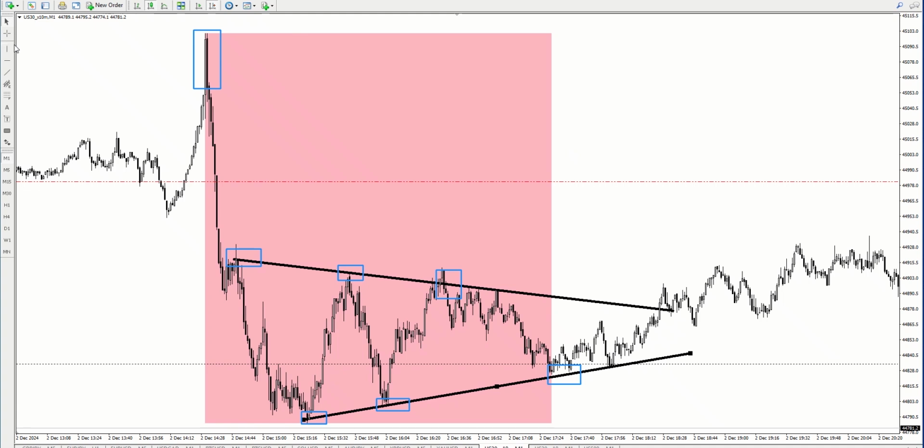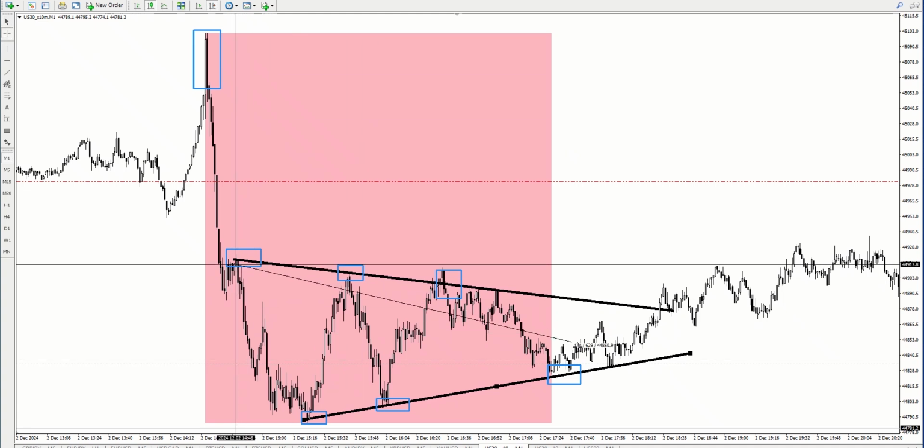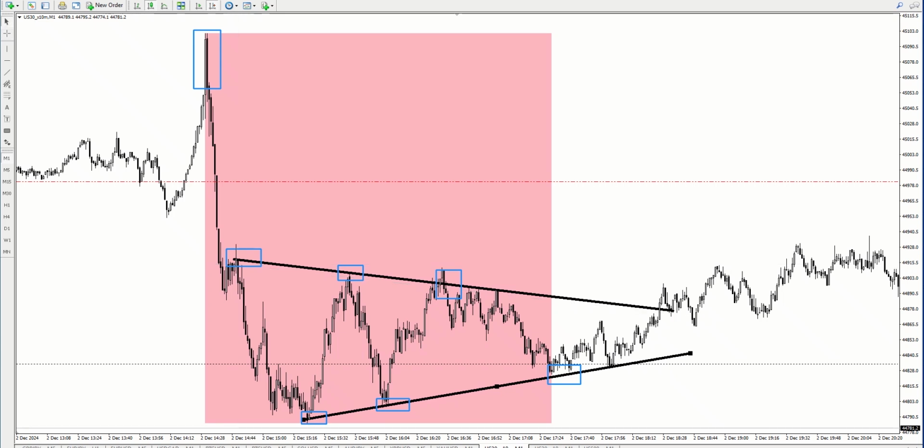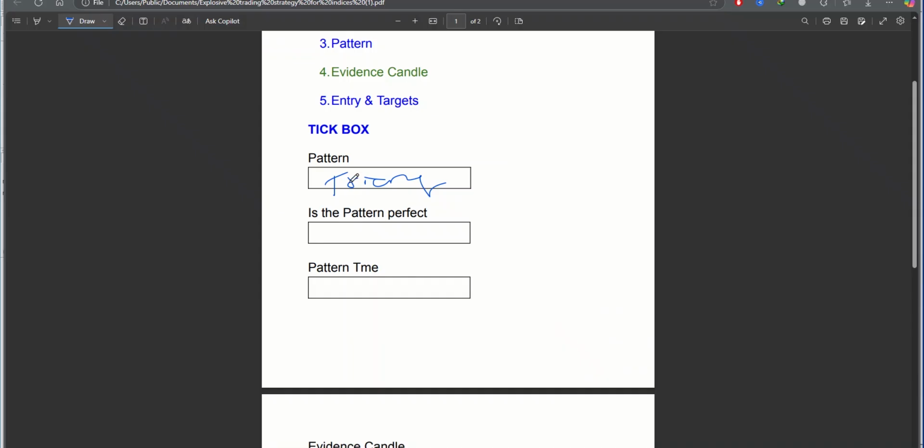Now the next step obviously is to see the time it took. I'm drawing this one because that's where we're going. It took roughly 220 minutes, so it's perfect. The time it took was over 1 hour. I always tell you that if it takes over 1 hour,